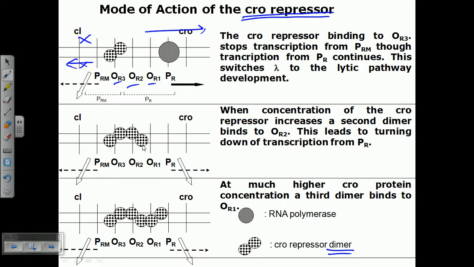Okay, now when the concentration of the Cro repressor is increasing, right? Now as you can see in this right-hand side there is a gene called cro. So Cro is controlling its own synthesis. Now as it is turning on the genes or the synthesis of gene products or mRNAs in this right-hand direction, it is also enhancing the synthesis of Cro proteins. So more synthesis here will be done, and here it is a positive feedback loop which is controlling the production of many Cro due to the presence of Cro dimer here in this OR3.